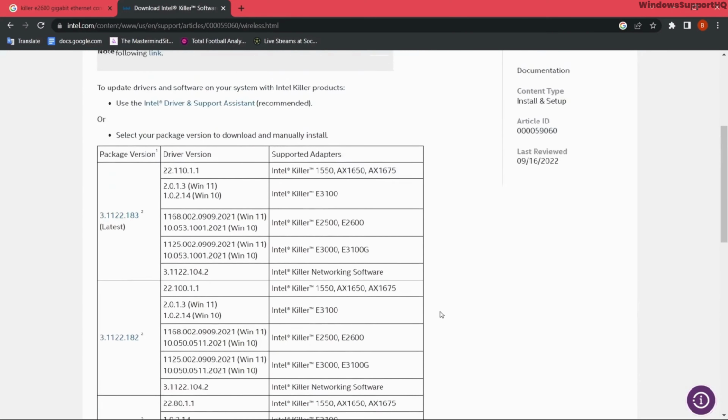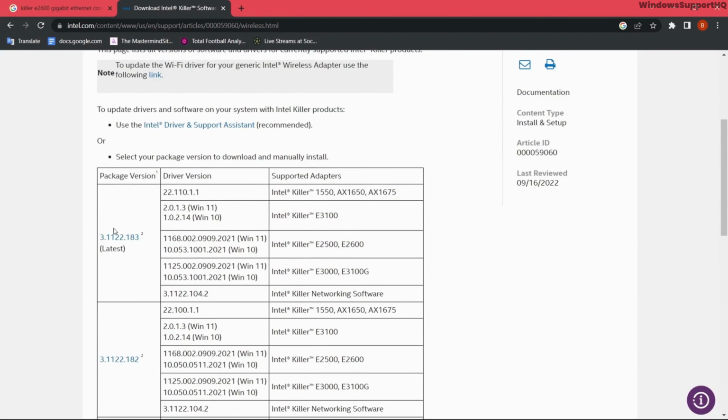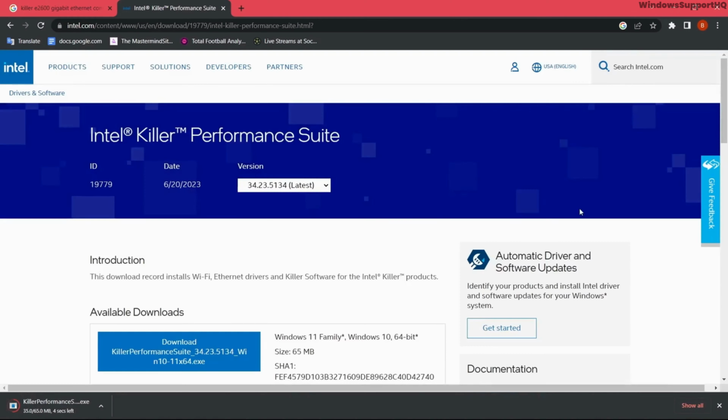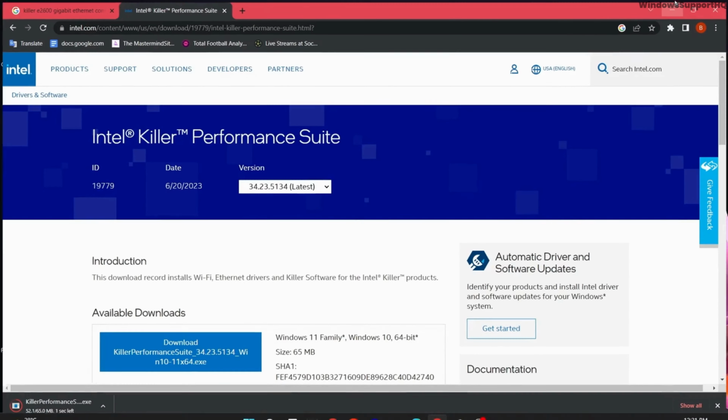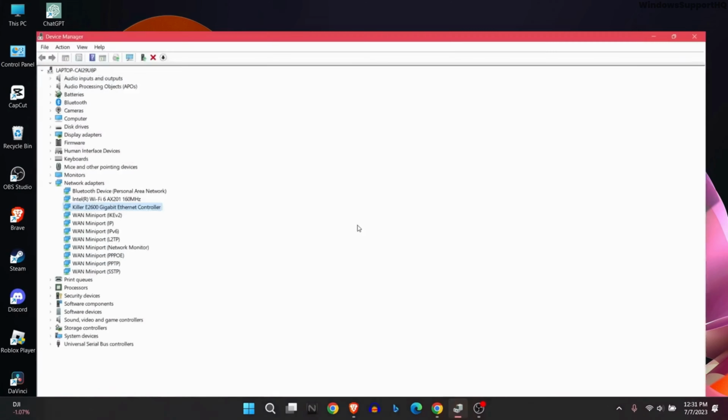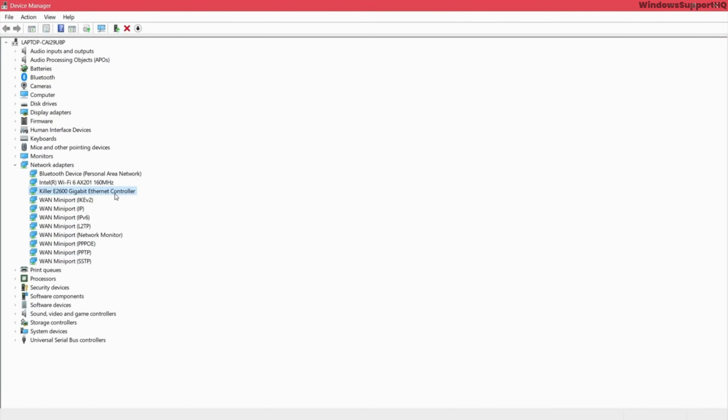and make sure that your adapter is listed here, and you will be able to download the package version. And after a while the driver will be downloaded and you can install the driver from now on. Firstly, go to Device Manager and search for your Ethernet adapter, and search for the Ethernet adapter on your browser, and after that you will be able to download the selected driver for